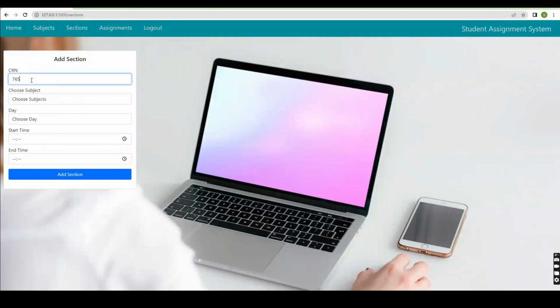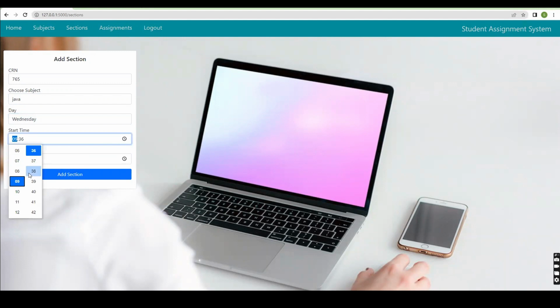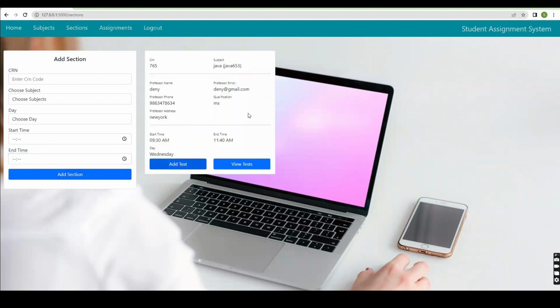Section number, choose course and choose day, start time, end time. Add section. Sections will be displayed here. After adding the section,